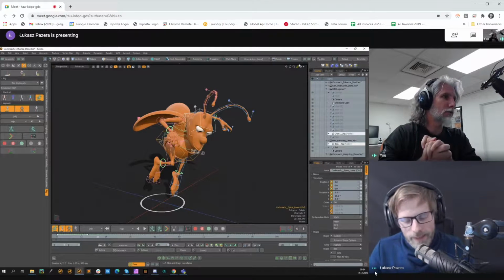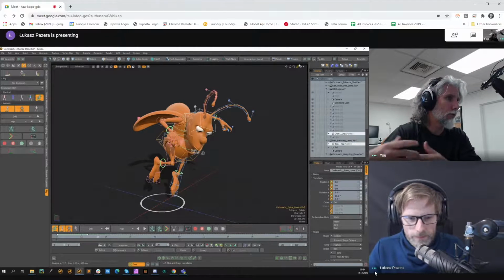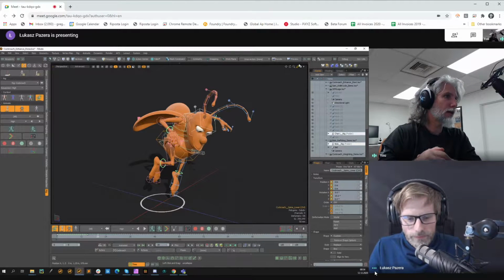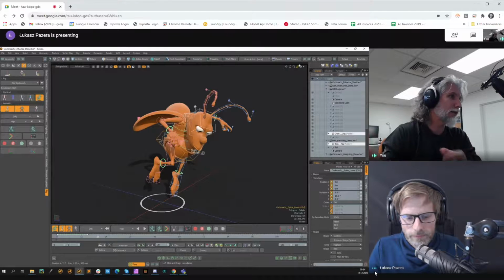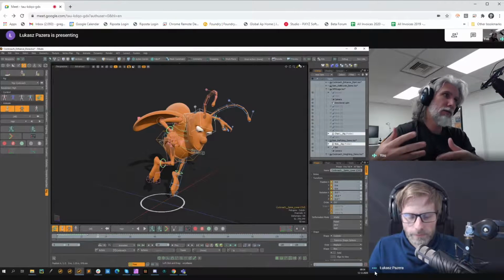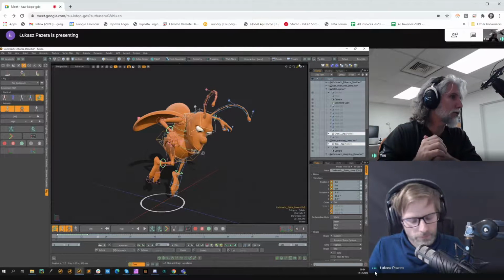Just so you know, Lukasz knows the developers at Foundry and people like Mark Brown who've been working on Modo animation, and is responsible for much of what you see in terms of vanilla Modo. So he's not in a bubble. He's not going to be surprised by anything Foundry's doing. He'll be in the alpha testing phase and making sure it works with ACS. I think there's some really good communication going on there,